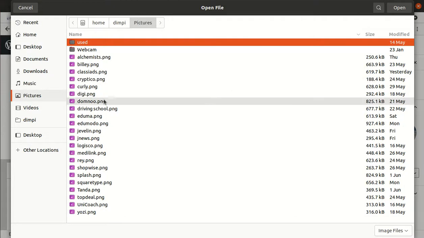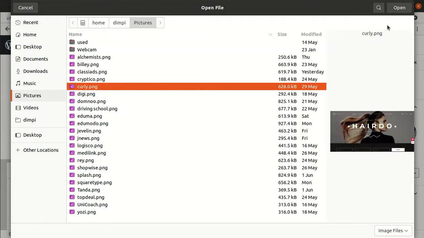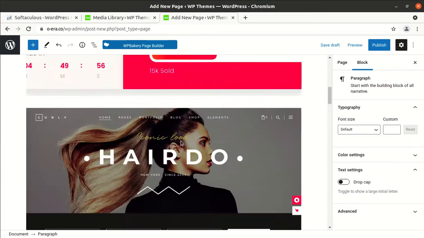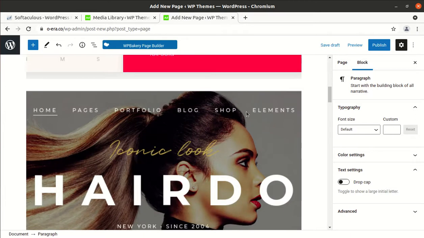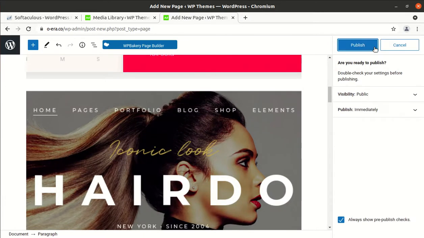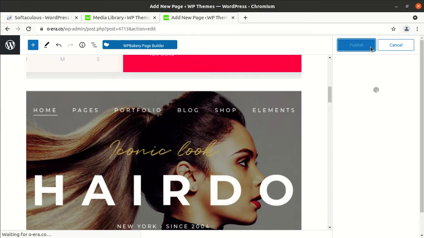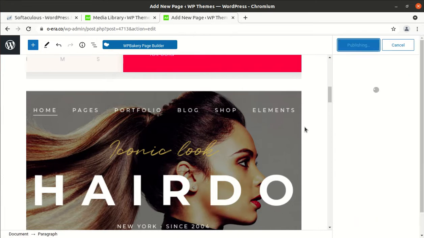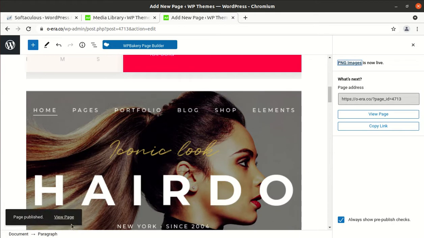So I am choosing another. Okay, so I just uploaded 2 PNG images just for illustration, and I am publishing this page. Okay, and the page is published.